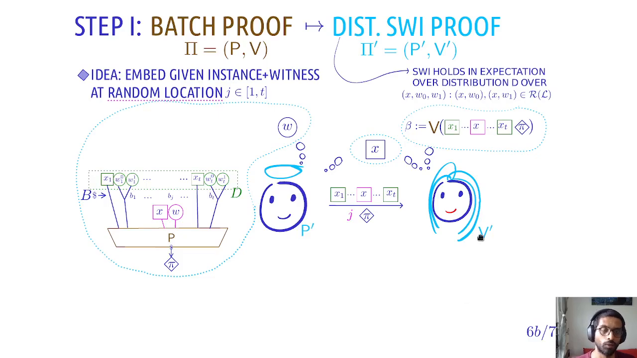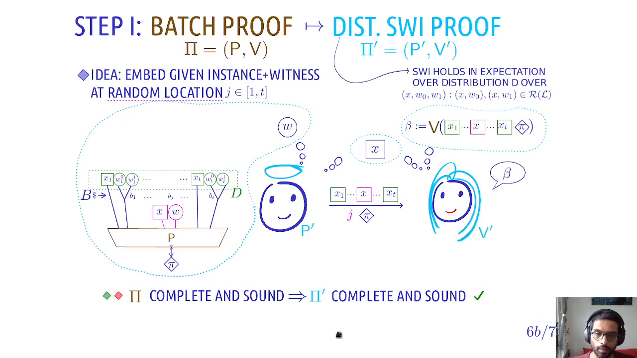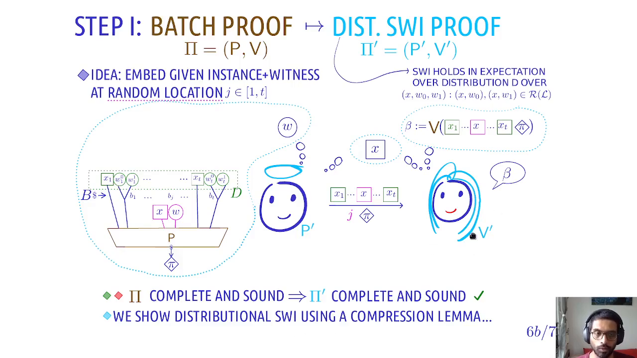What does the verifier do? She simply runs the underlying batch verifier on the instances that the prover sent, and uses this phi as a proof. She accepts only if the underlying proof accepts. Again, completeness and soundness kind of follow. What is interesting is to show that this protocol pi prime is distributional